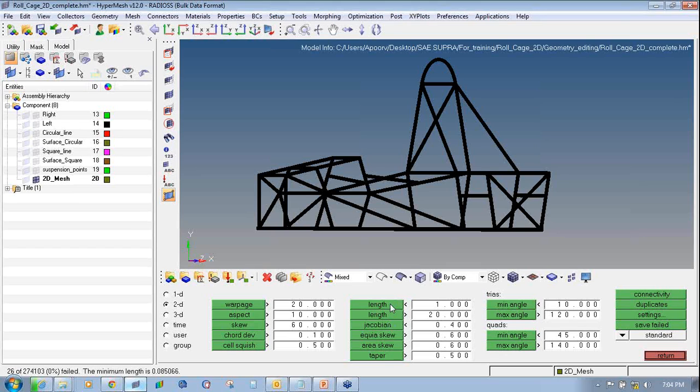For the dynamic analysis, if we want to perform the dynamic or crash analysis, the length should not be less than 1, because it will take a lot of time to solve this. So always make sure the length should be more than 1 mm. There is no criteria for maximum length, but for the minimum length it should be somewhere more than 1. So click on length, save field,